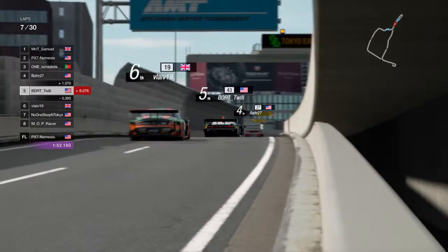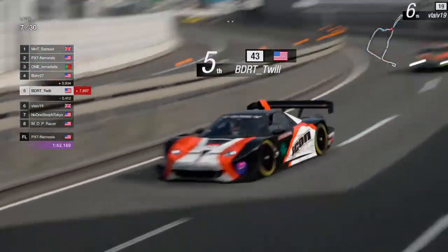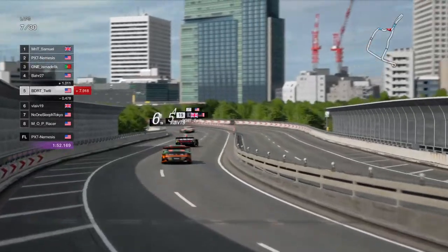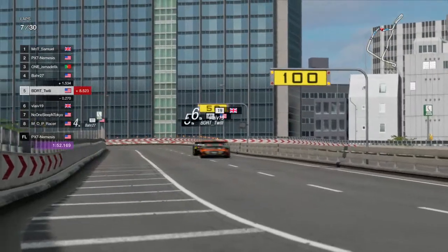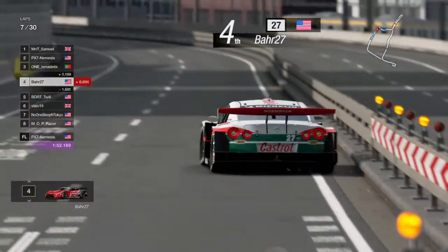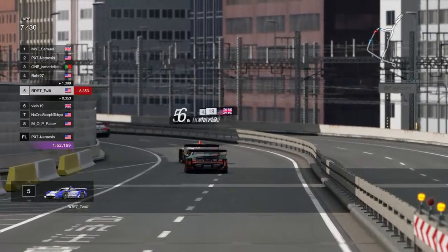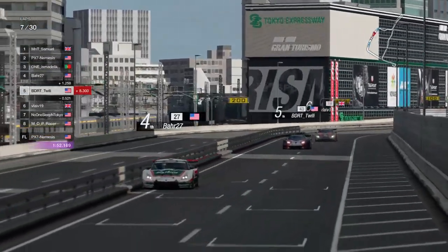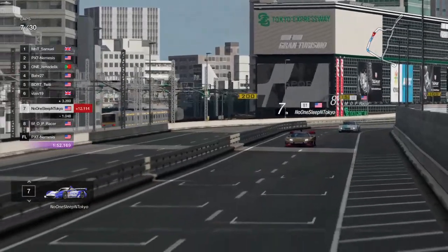Anyway, I'm over here thinking about how I would do this. How I would close that 1 second gap. Back to our mid-pack. Looking pretty drama-free between these 3. Twilight with a 1.5 second gap back to Bar. So Bar's got a little bit of separation between themselves and these 2. Flav, meanwhile,